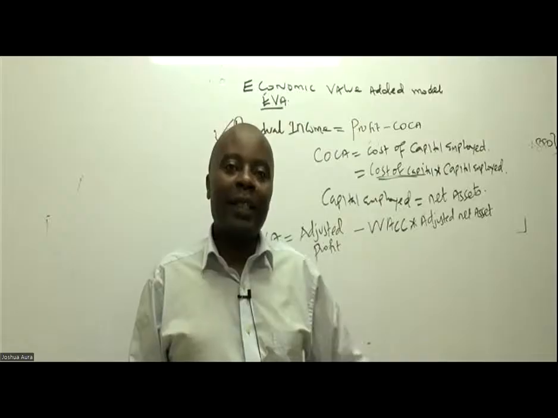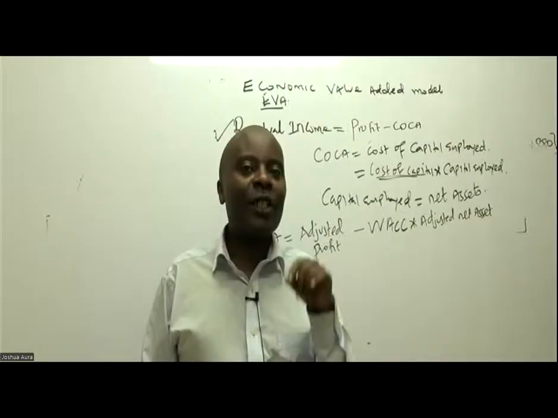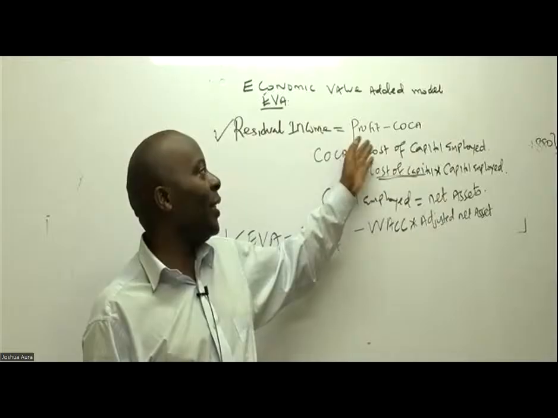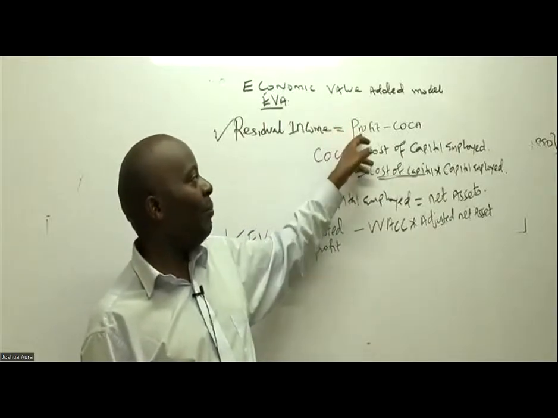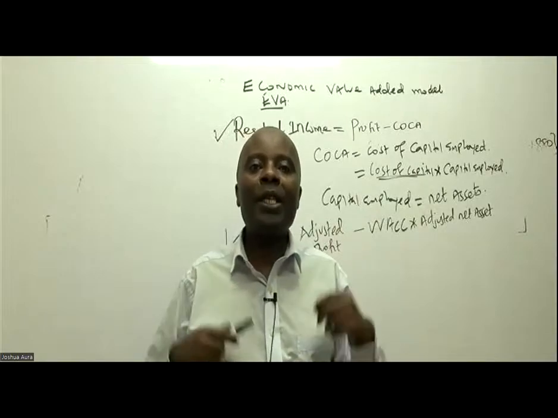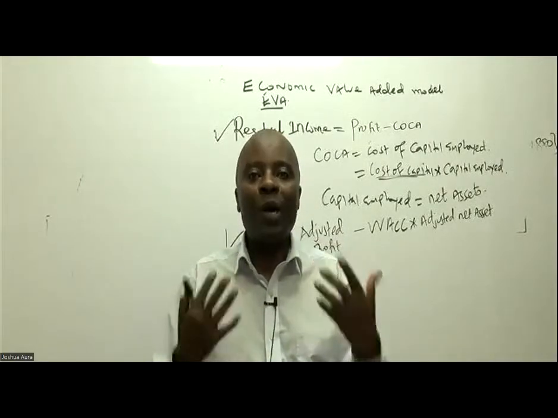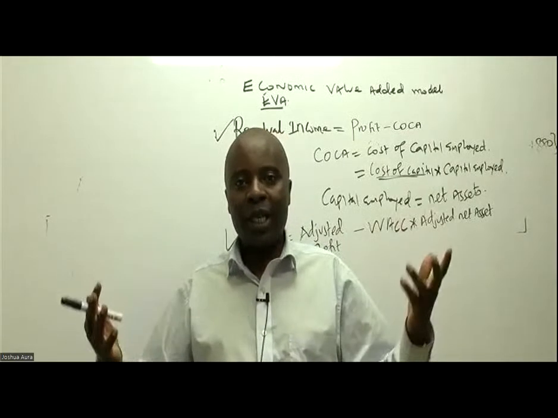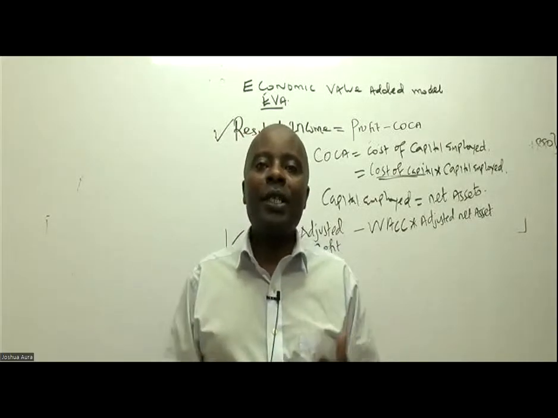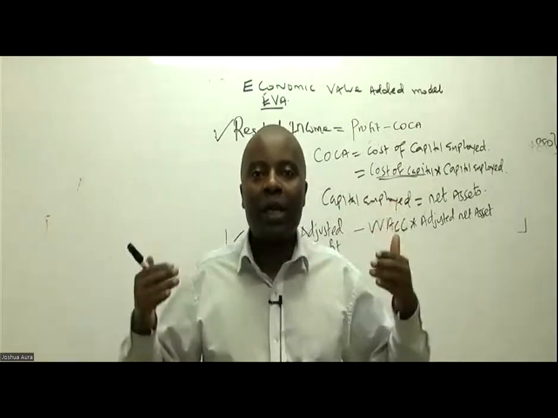Right. And then the other thing that you're supposed to know is that EVA is a cash flow based model. Unlike residual income, which is purely historical, which is purely profit, EVA is a cash flow based model. And that is where we add all the non-cash operating expenses. Any non-cash operating expenditure, depreciation, amortization, etc., all those expenses must always be added back